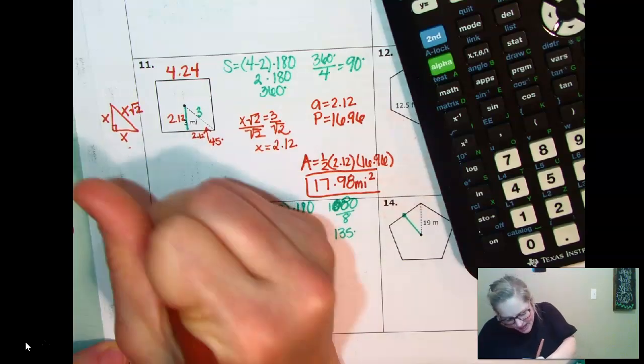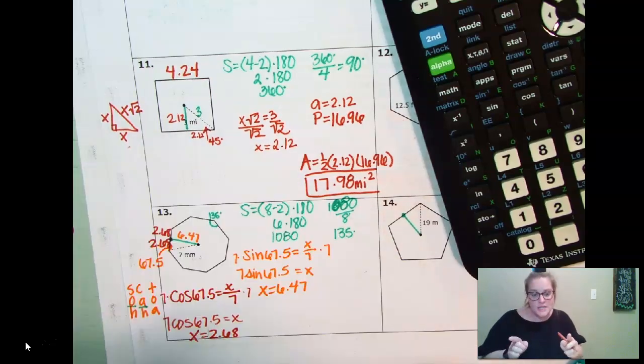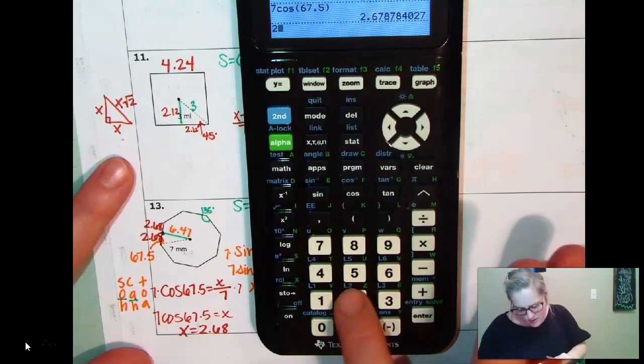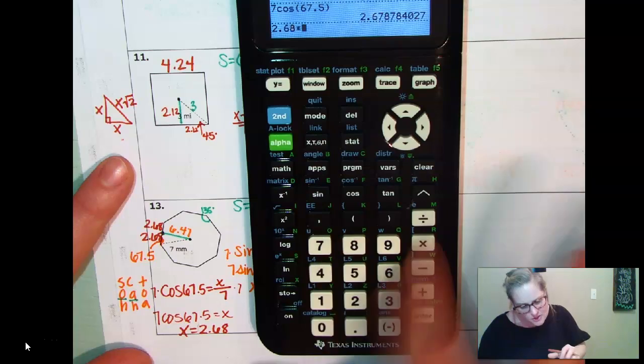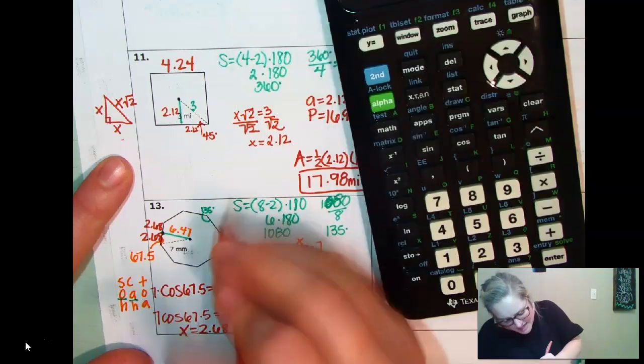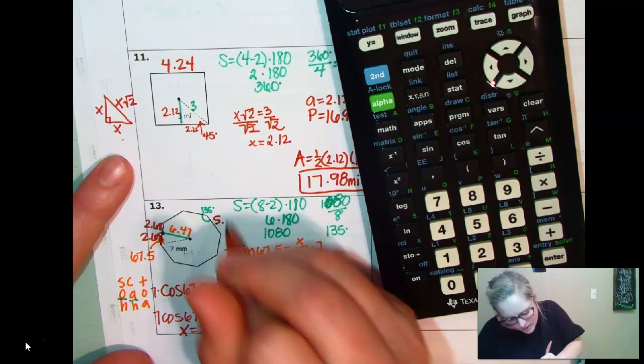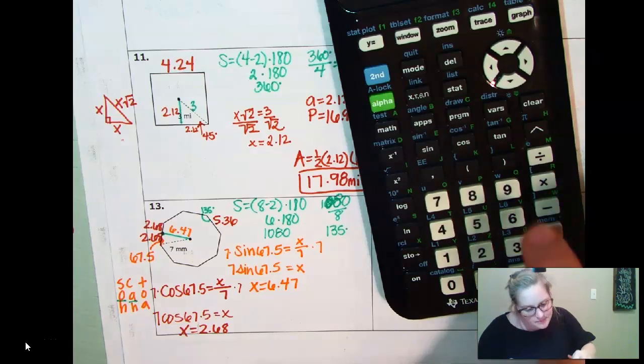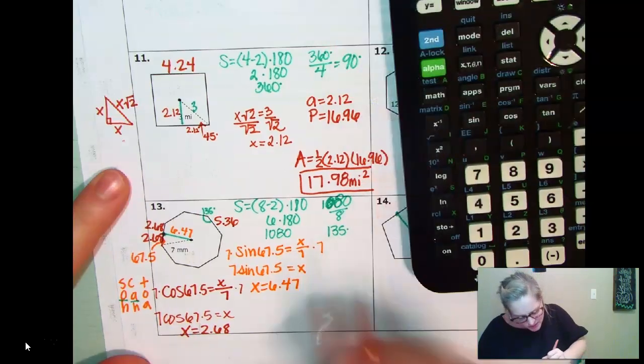So again, I would have to double it to get the whole side. So multiply, well, let me put it in here. 2.68 times 2. That's going to tell me that my side is 5.36. To get the perimeter, I have to multiply that times 8. That gives me a perimeter of